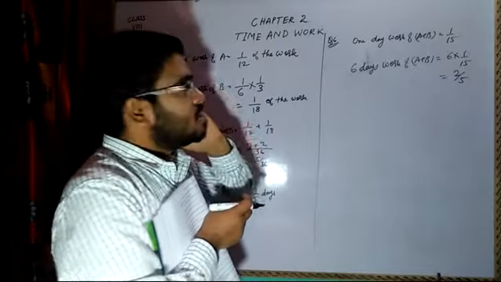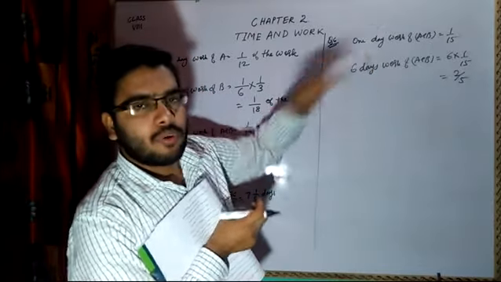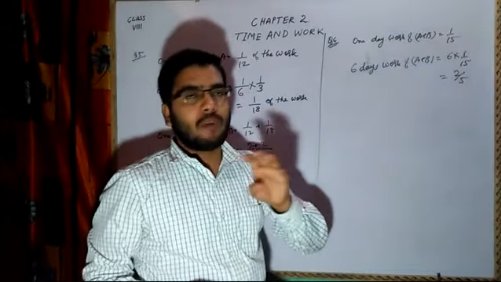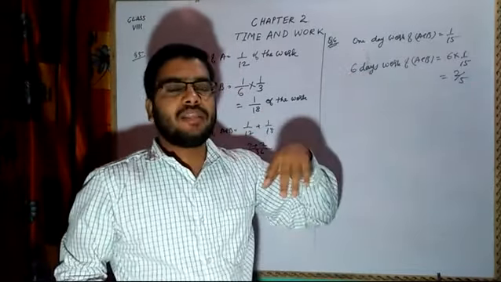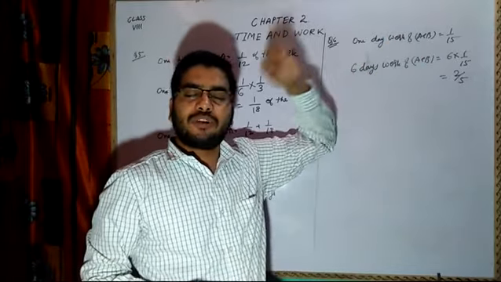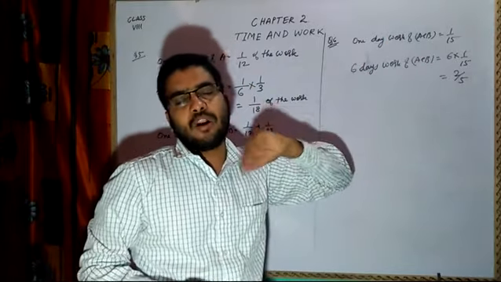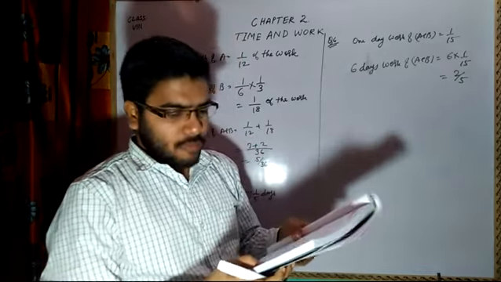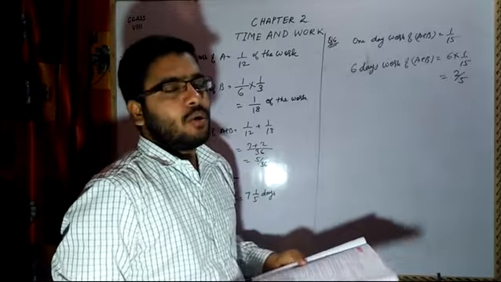There are so many reasons, myriads of reasons, we cannot go deeper into the reasons. But here the problem says that they were working together, they were able to finish the work in 15 days according to their efficiency. But after 6 days, what happened? B left the job. B leaves and then he goes from there.